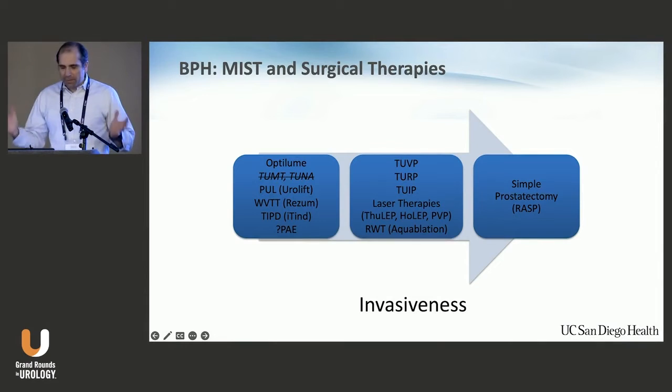On the spectrum of therapy, we hinted at this yesterday, but this list gets longer each time I give this talk. Over on the left, we have some of the less invasive options: Optilume, Urolift, Rezum, iTind. I would argue maybe Optilume and iTind would be even further to the left because they are even more minimally invasive. PAE is probably on there,